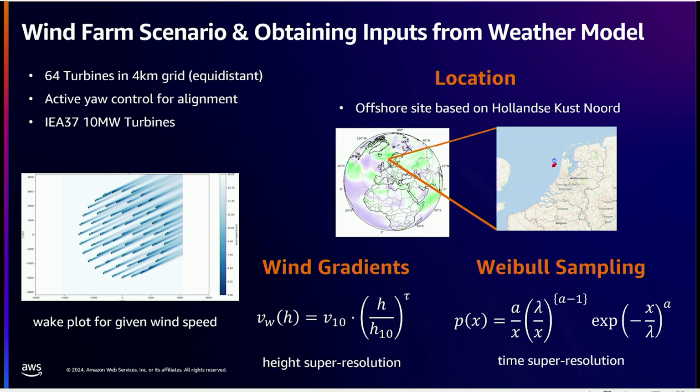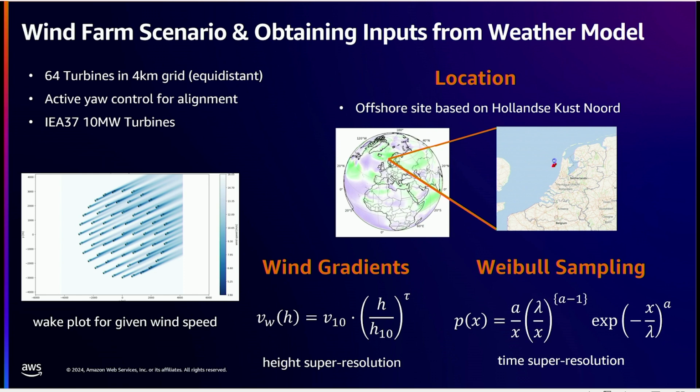We don't arrange it in any sort of heterogeneous manner. We just use a simple equidistant circle for this one. And we set it up with active yaw control, so it realigns to match the direction of the wind. Two things that I do want to highlight coming out of the weather model, which is the fact that the